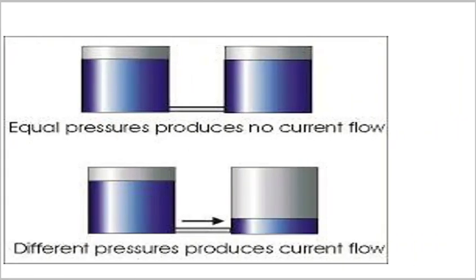Now let us take another example. There are two tanks filled with water to the same level. Will there be a flow of liquid? No. Now take another example. Here in one of the tanks there is more water, and in another tank there is very little water. एक टैंक में बहुत ज़्यादा पानी है, एक टैंक में बहुत कम पानी है. तो पानी वहाँ से water will move from higher level to lower level.